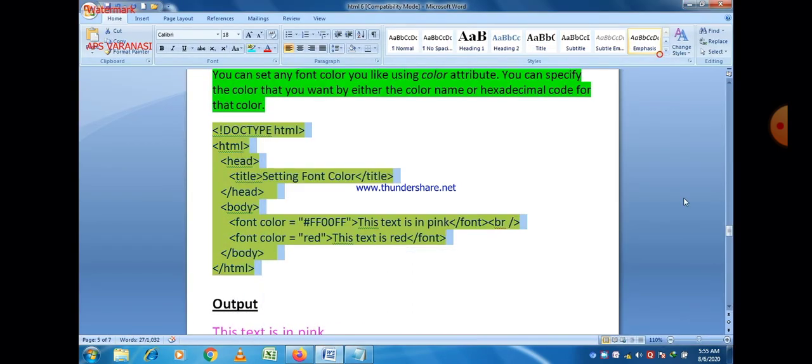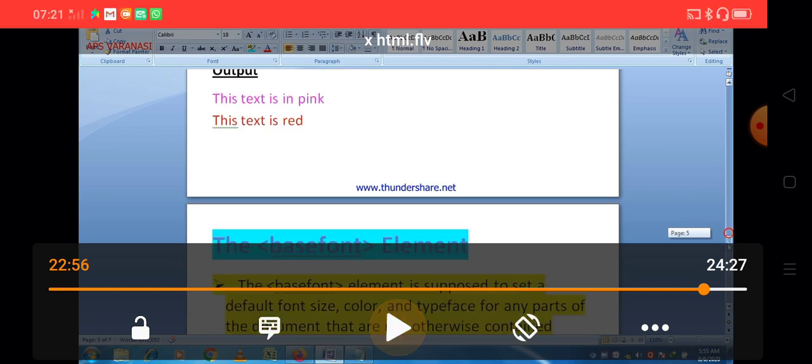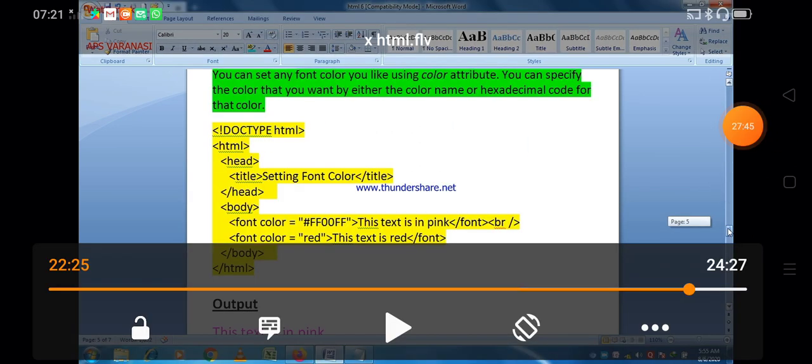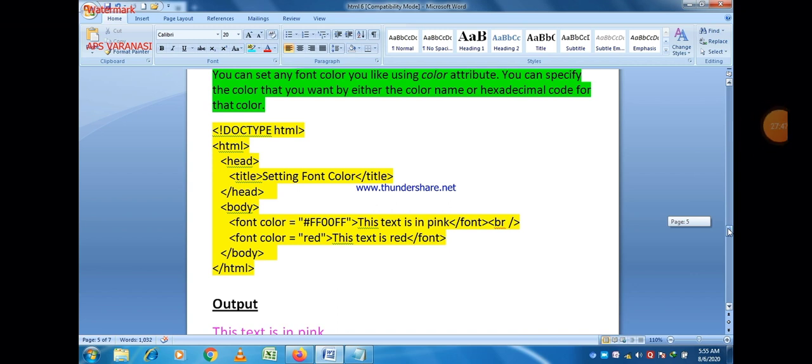And there is a task for you. Change the different values of hexadecimal notation. As here you can see that hash #FF00FF is given, and that is the code of pink color. Okay, so you can change it.